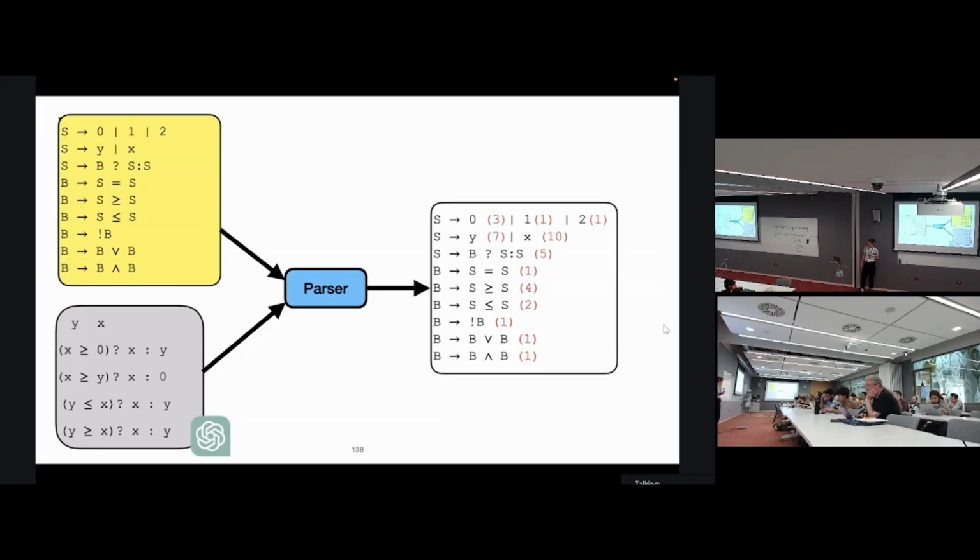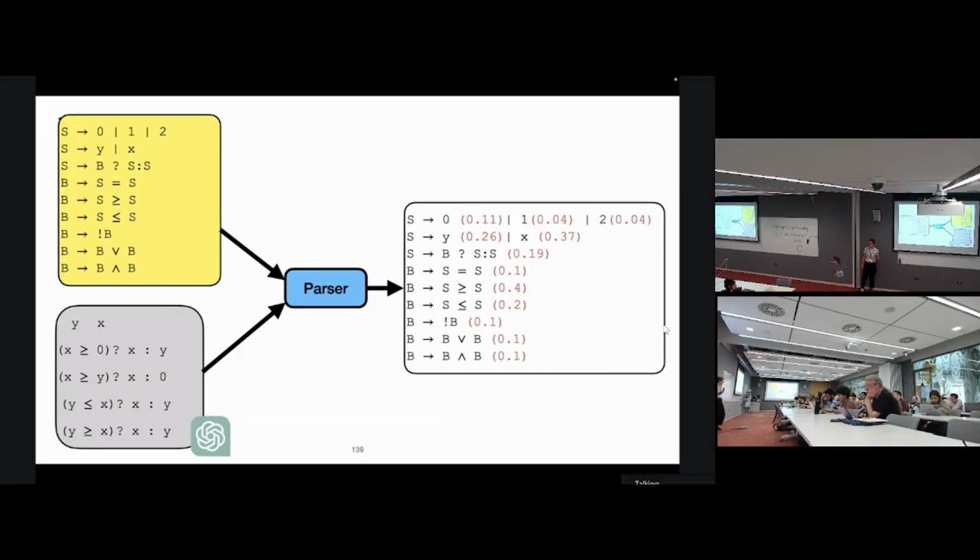That was me counting them, I believe. You can then calculate the probabilities. The way you want to calculate the probabilities is to make sure that for each non-terminal symbol, the sum of the probabilities over the production rules that you could apply is equal to 1. You don't want to find that you're in a production rule where the probabilities sum to more or